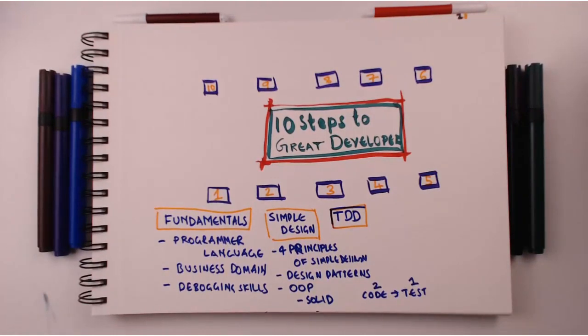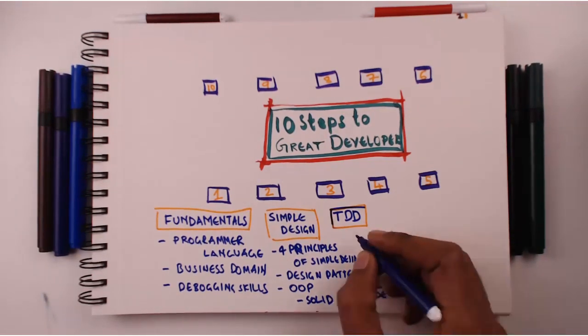What happens is you start thinking from the perspective of outside in. So you are looking at how can I write the test, and then you are looking at how to actually write the code for it. So you are getting an outside in perspective, especially when you are building APIs or things like that. An outside in perspective really is very important. And also we see that test-driven development, if you follow it stringently, improves the design as well. When you follow test-driven development, you would see that you are able to easily adhere to the 4 principles of simple design. So test-driven development is all about following a simple cycle.